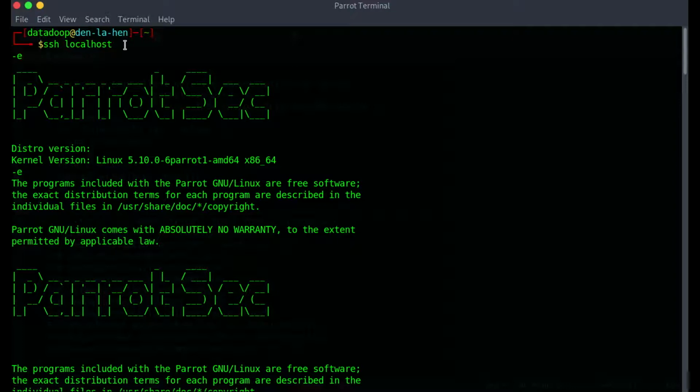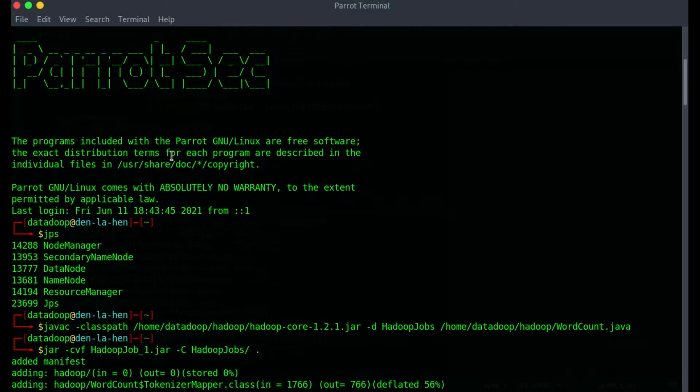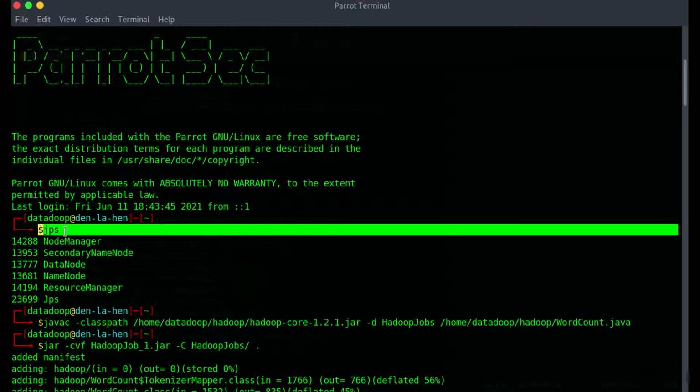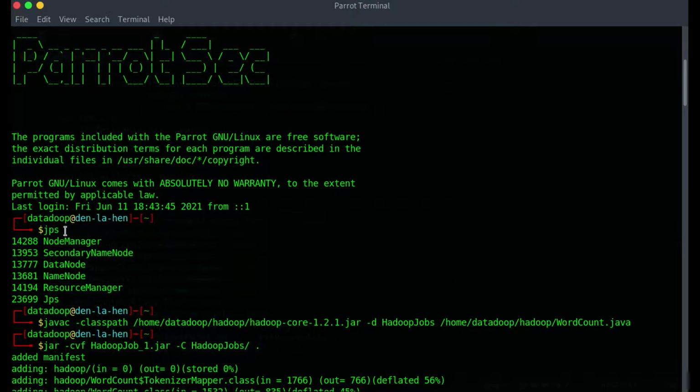If not, please refer to the first video on how to restart the SSH services. If this works, then you execute the jps command to make sure your node manager, resource manager, data node and name node are up and running, to make sure your MapReduce program gets executed.